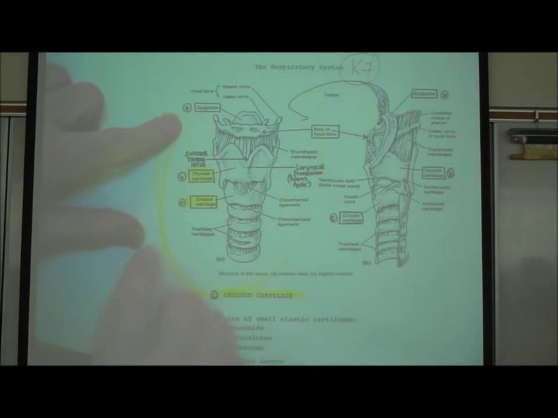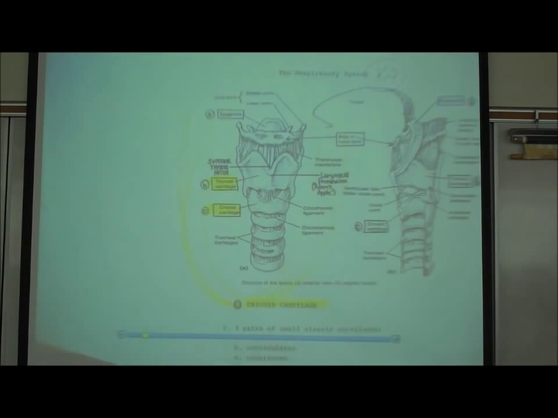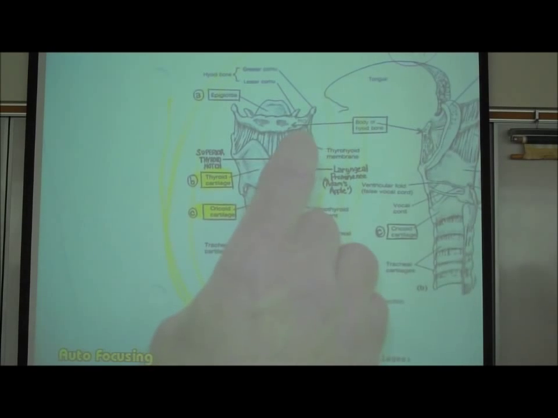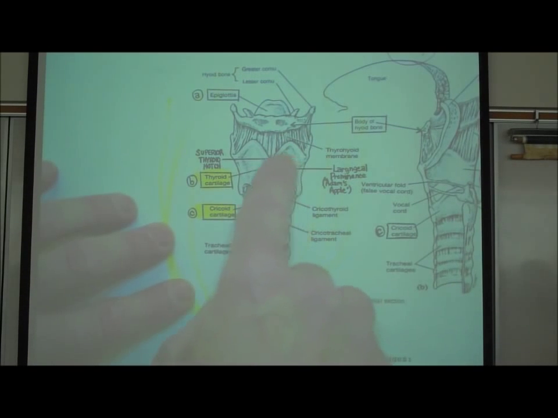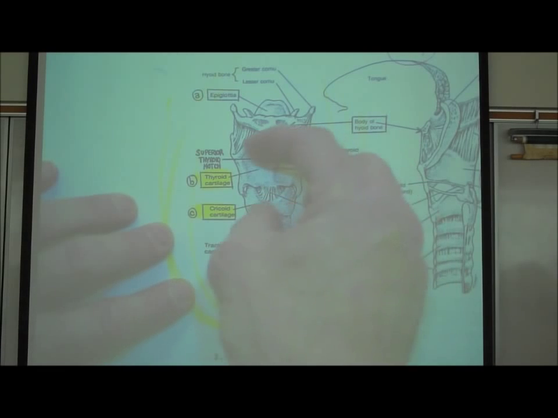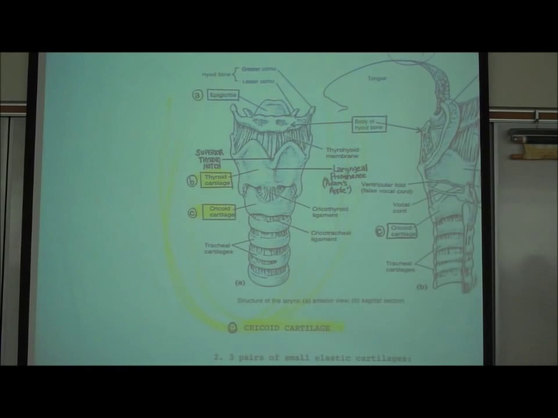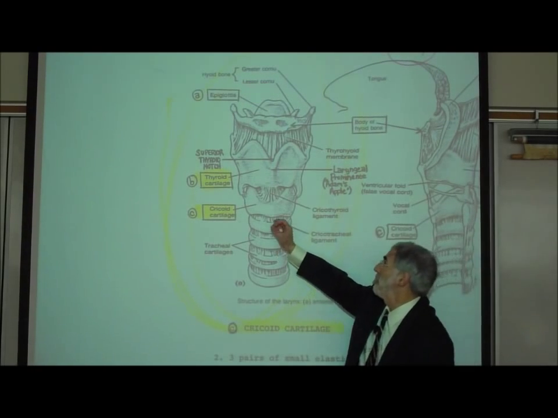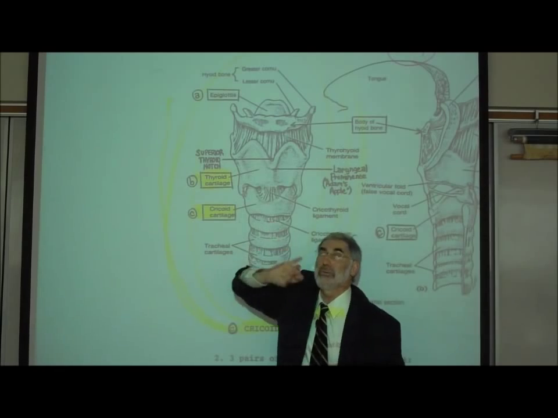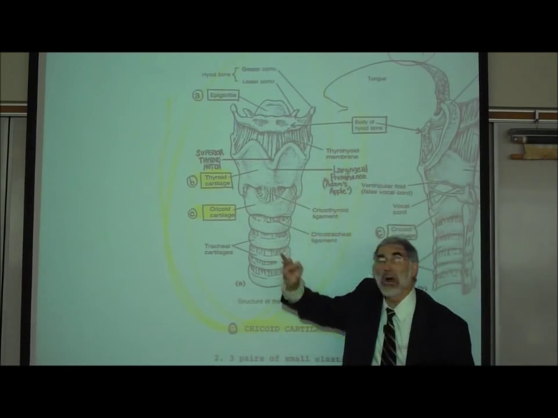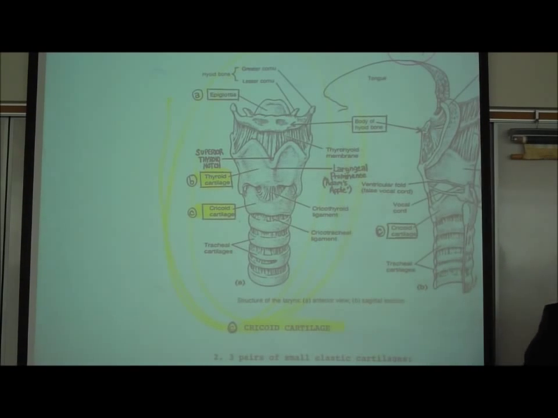You'll notice that here, labeled on the left, you can see this is the epiglottis. But more relevant, the 2 major cartilages that form the front of the larynx are this large thyroid cartilage and this smaller cricoid cartilage. Now, we asked you to see that on the cat. Incidentally, if I put a numbered pin here, then you write thyroid cartilage of the larynx. If I put a numbered pin right here, you write cricoid cartilage of the larynx.